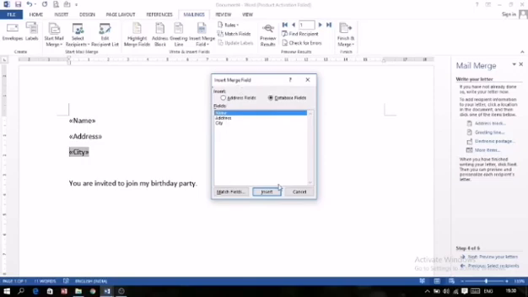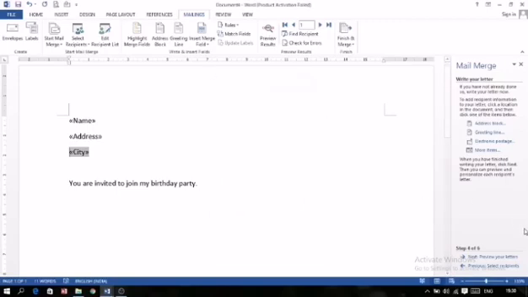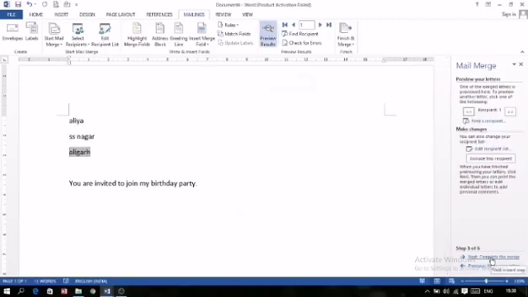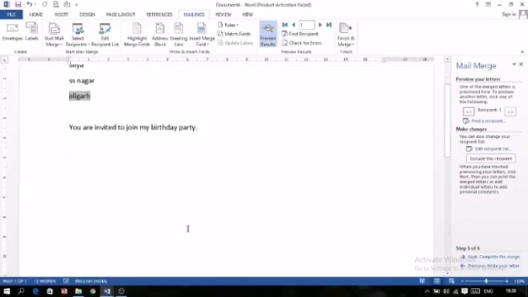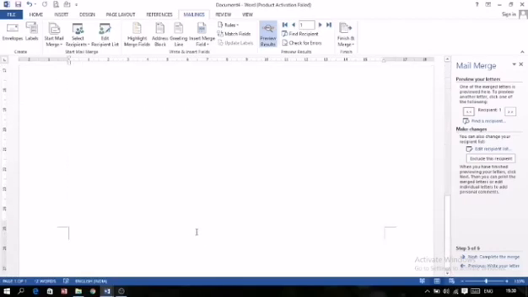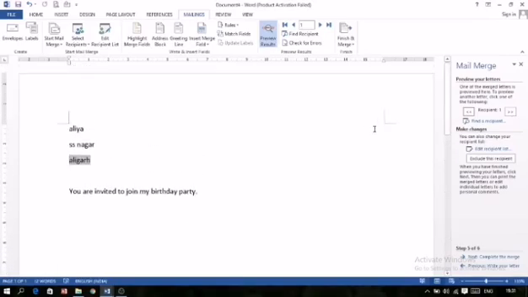More items can be selected from here also. There is an option, step 4, more items. The field name can be taken either from here or from here, in any way. After this, preview records. Now as I click on preview, the preview of the records is coming. First record, then as I scroll down, one by one they will be displayed over here. First recipient is this, then second, and third.